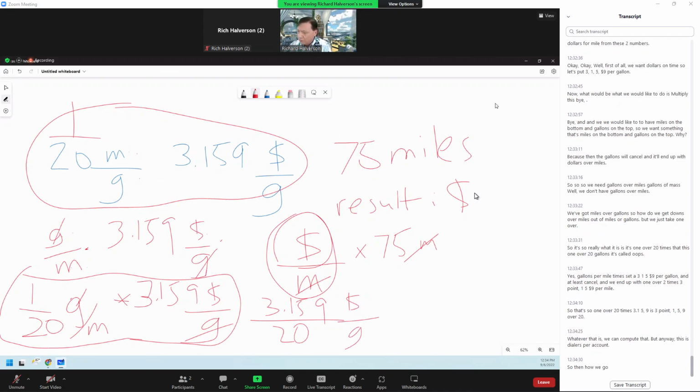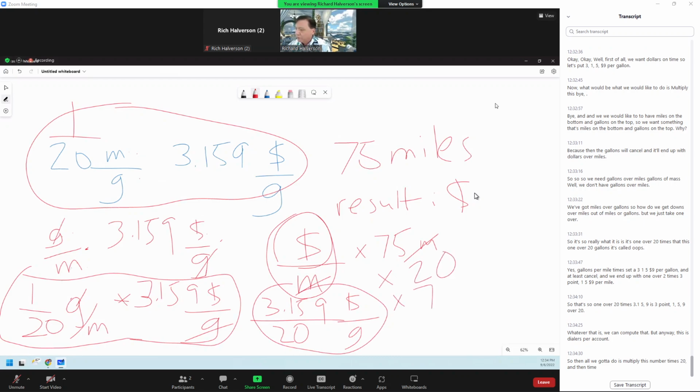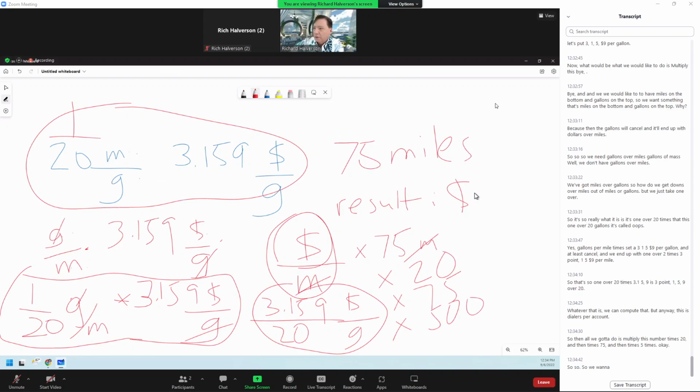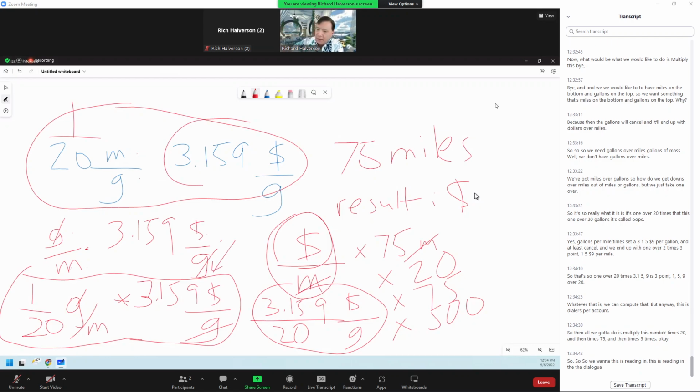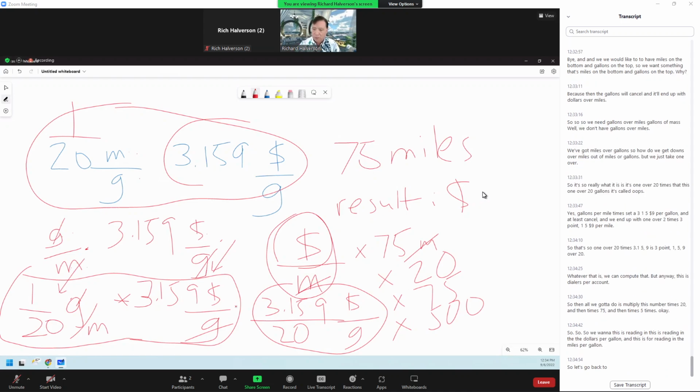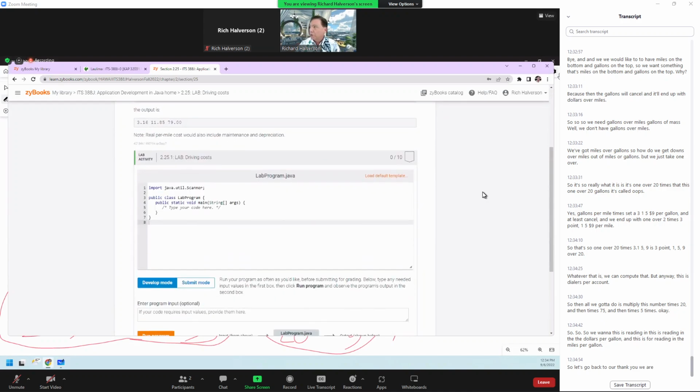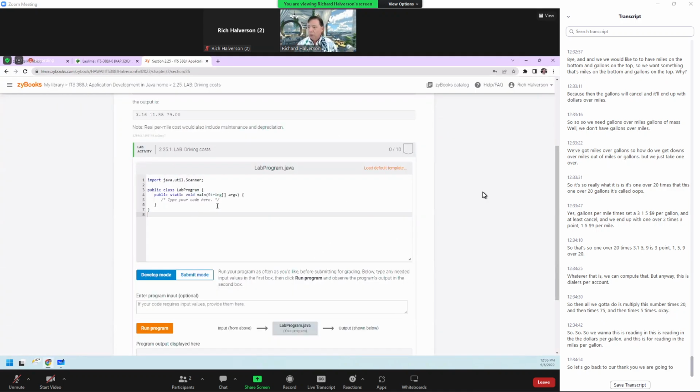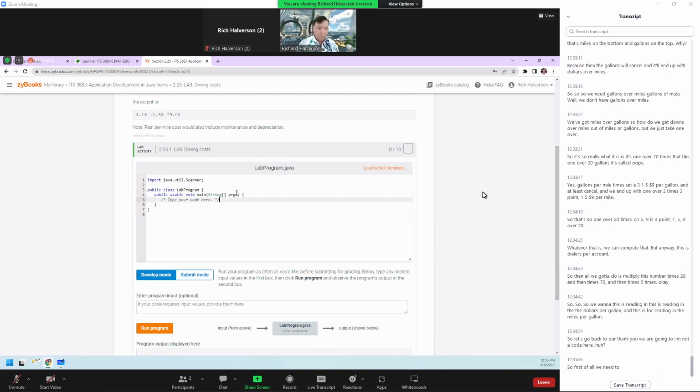Then all we have to do is multiply this number times 20, and then times 75, and then times 500. This is reading in the dollars per gallon, and this is reading in the miles per gallon. So let's go back to our code here. We are going to write our code. First of all, we need to read in,